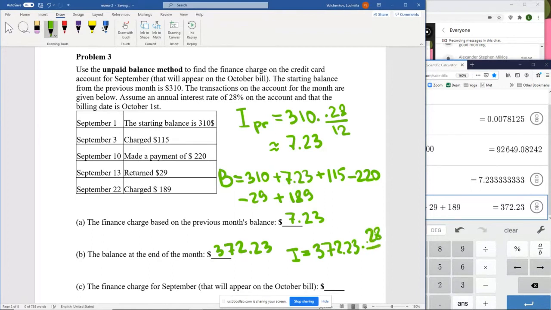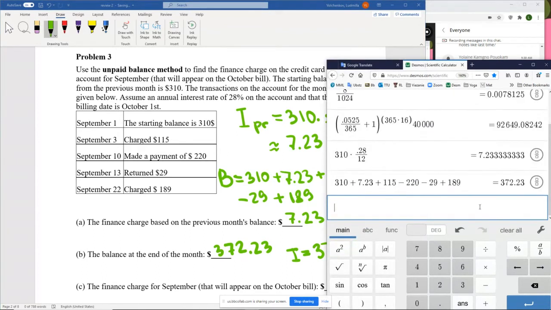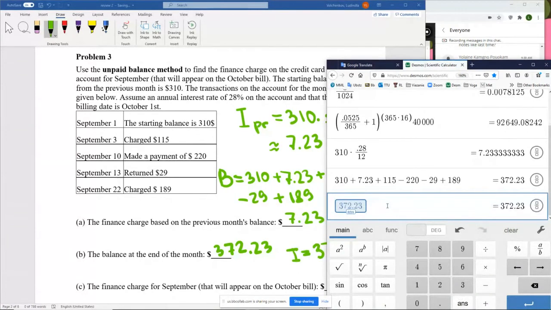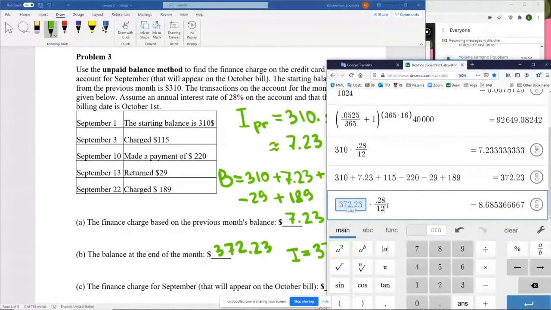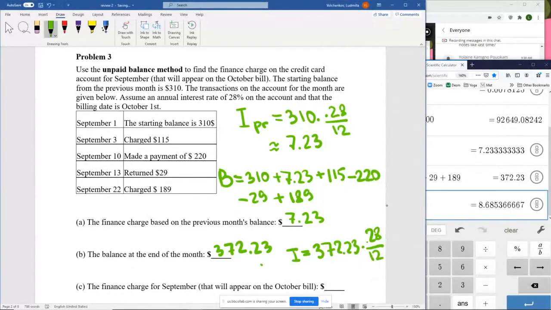Interest rate, 0.28 divided by 12. It is the same as multiplying by 1/12. So we take the answer from the previous step, multiply by 0.28 and divide by 12. And this is the finance charge that will appear on the next month bill,